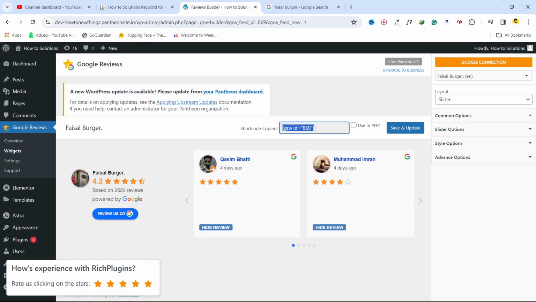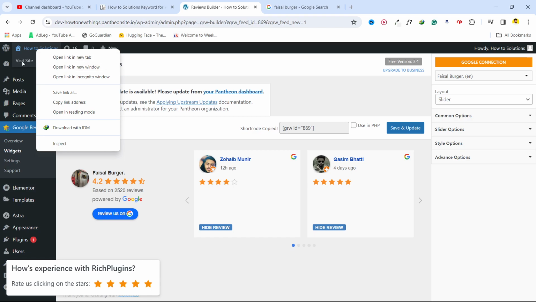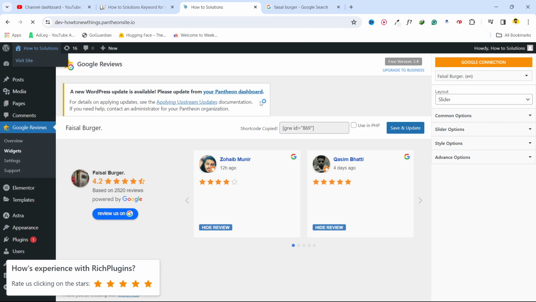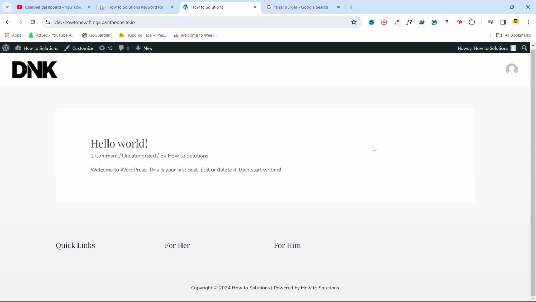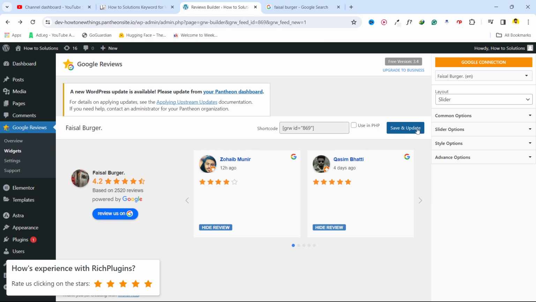So this is the code. If you want you can. So let me save and update, and let me show you on the website. Let me update this first one,